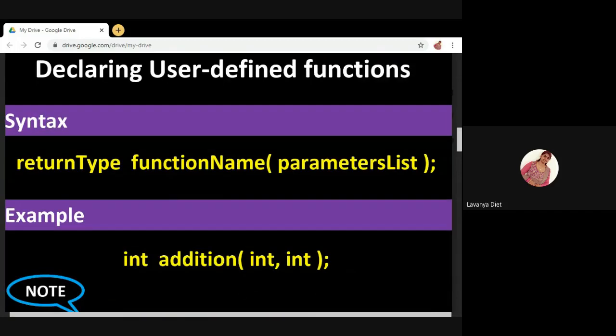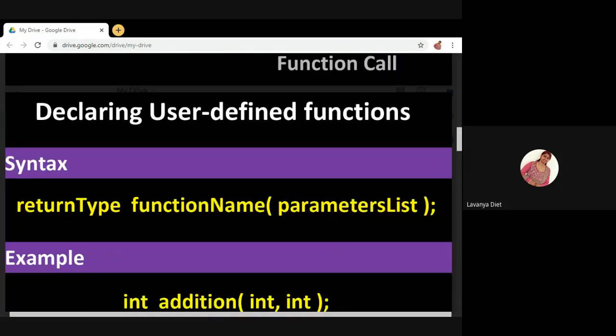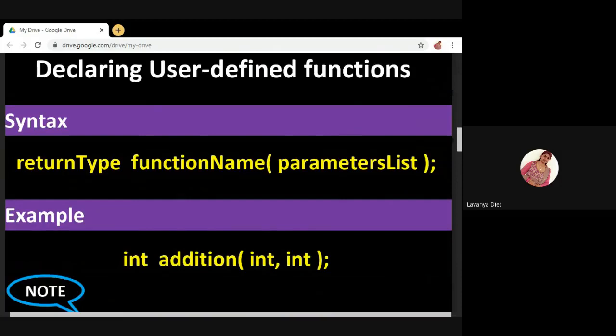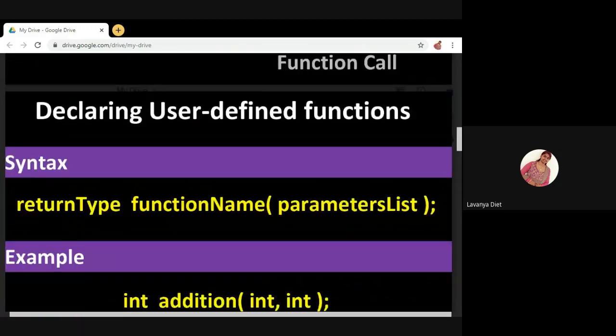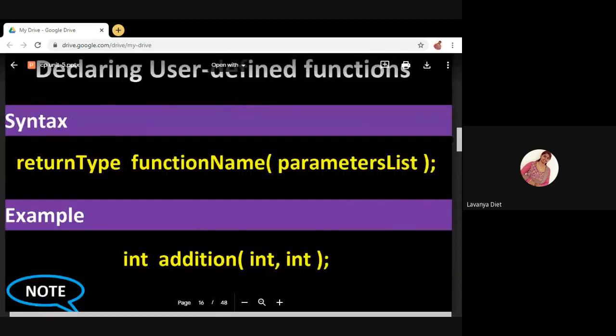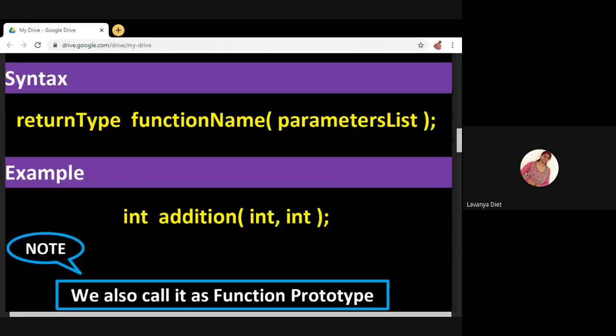Let us see that. Declaring a user defined function. How to declare the function? Same as I said earlier for function declaration. See here, syntax: return type space function name parameter list. See the example here. Here return type is int. That means this addition function is returning some value. That value's data type is int. If you want to use a function, first you must declare it.